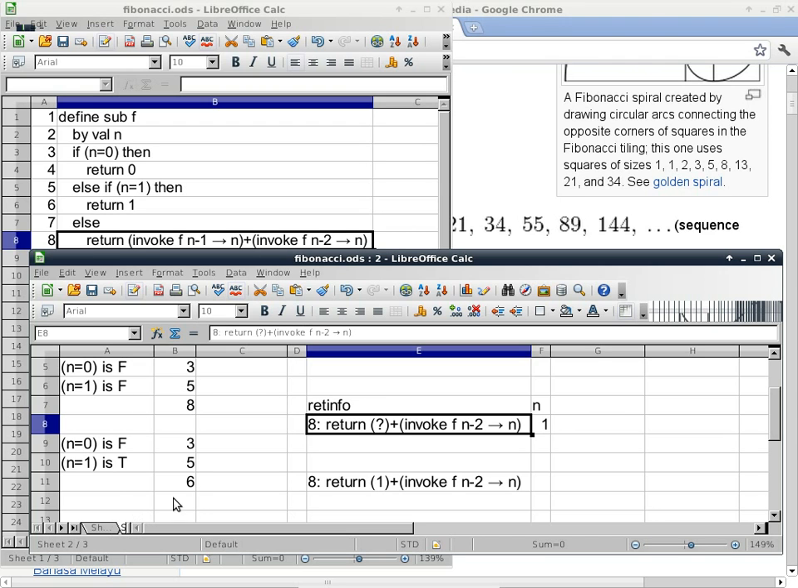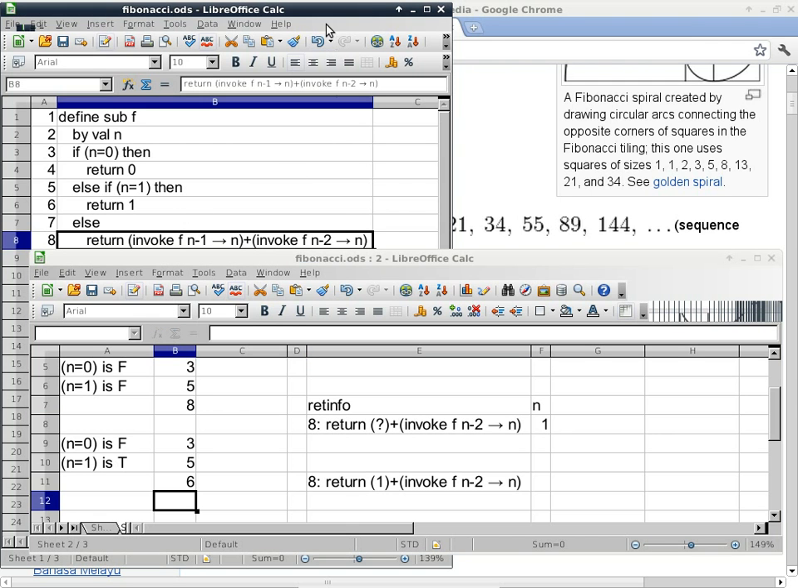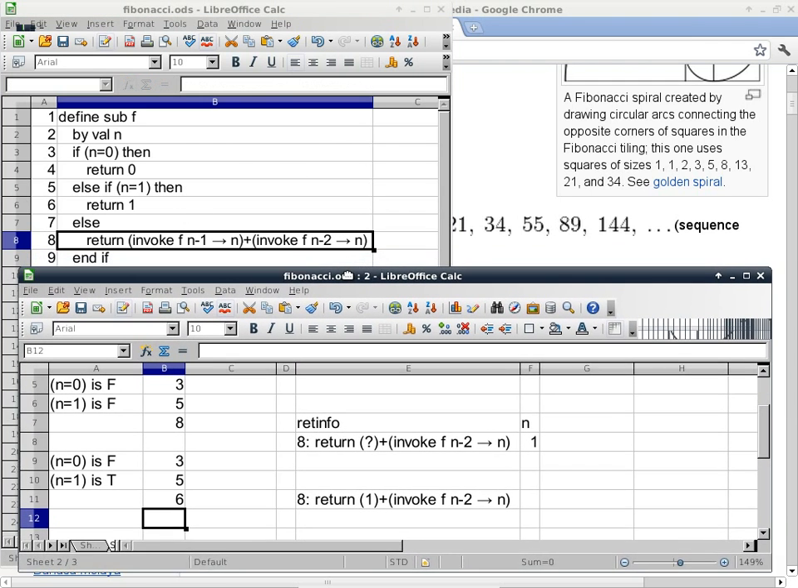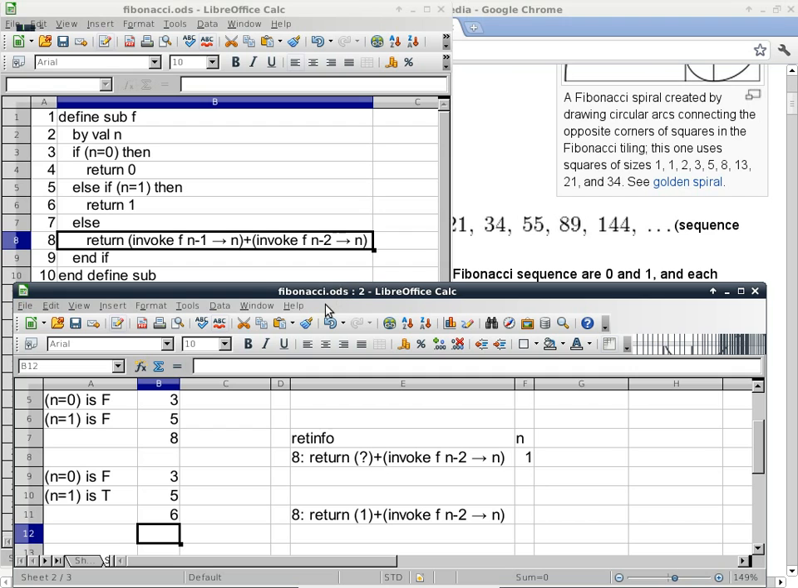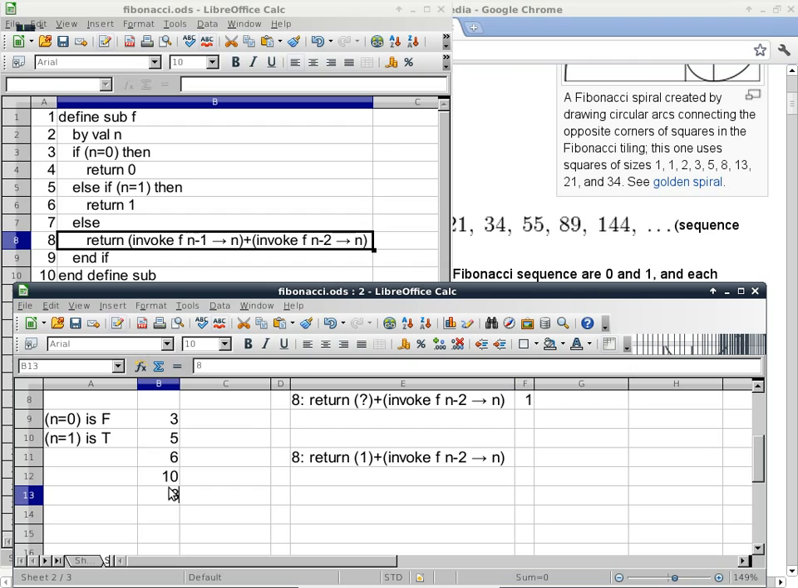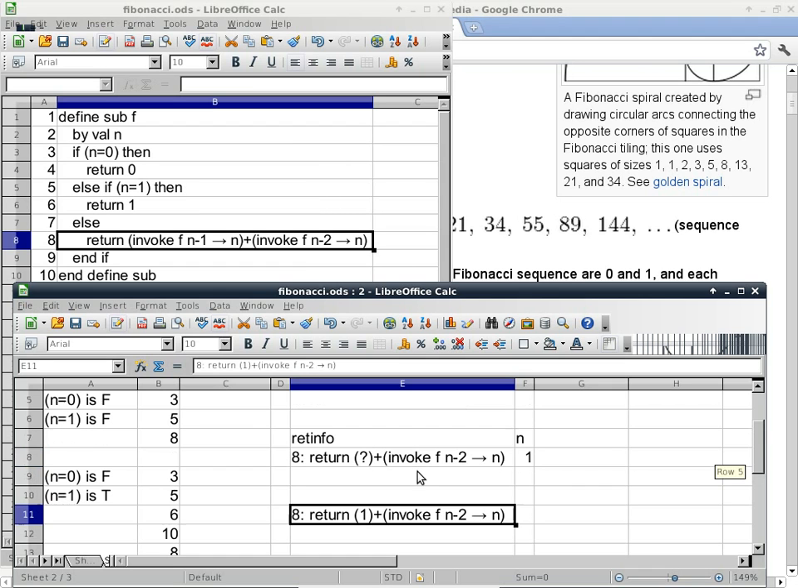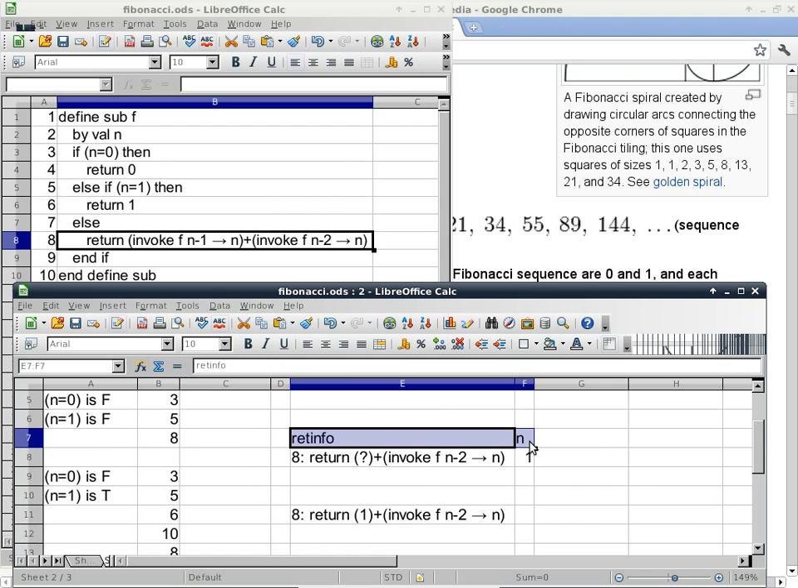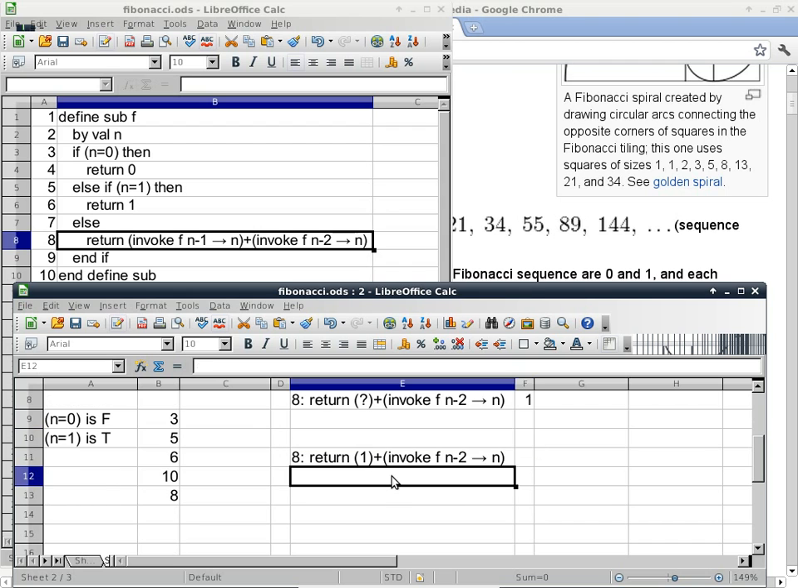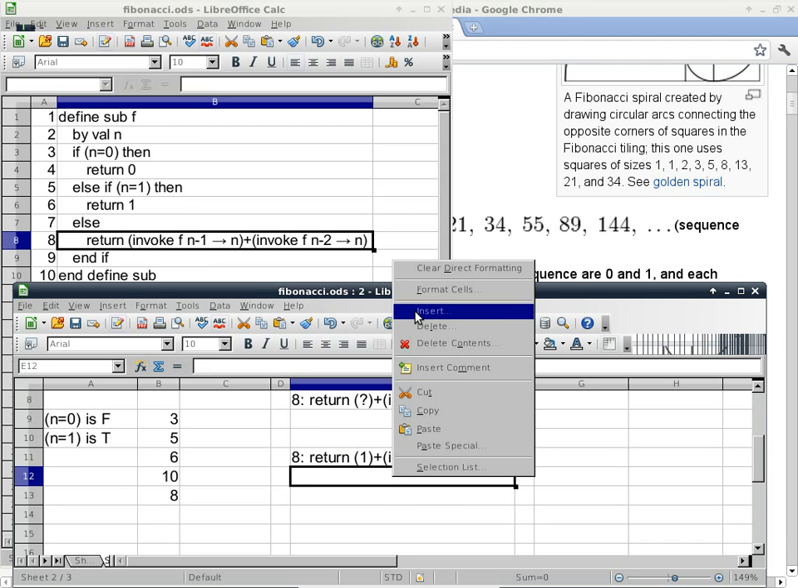After line 6, we have to go to the end of the subroutine. So if I scroll this down just a little bit, we can see the end defined sub on line 10. So on line 10, there are 2 things to do. One is to look up return info and say, oh, okay, next, we have to go back to line 8. And line 8 will look like this when we get back to line 8. The second thing we have to do is to deallocate these two columns because they are no longer needed at this point. So we'll go ahead and